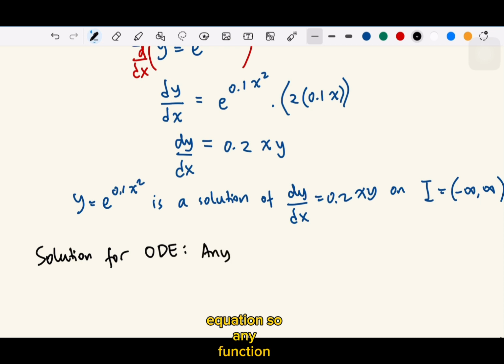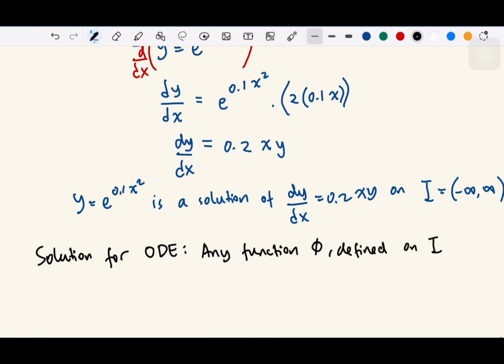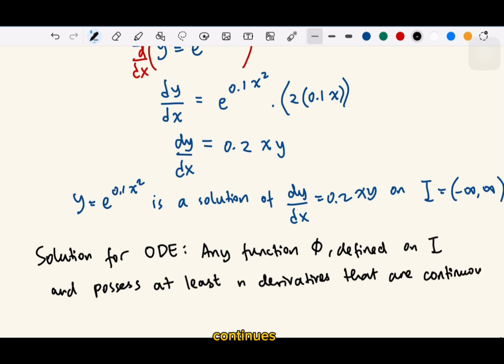So any function, let's write a function, let's say psi, defined on an interval I and possessing at least n derivatives that are continuous on I,